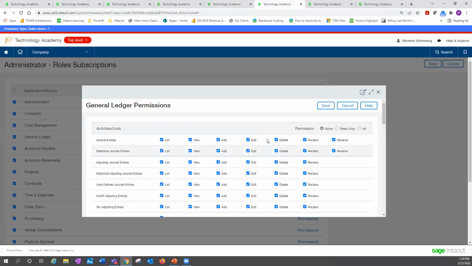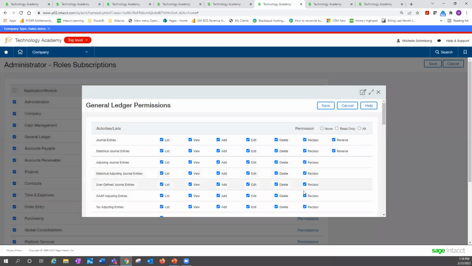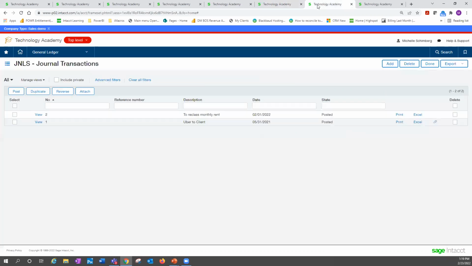All right, so first note is that, again, if you have permissions, you would go to company, admin, go to the role and subscriptions, and you will need to check which types of journals you want to reclassify. And then if you want to reclassify, what we're going to do here is I'm going to view. You'll notice that I cannot edit this transaction. What I can do is come in and view it,